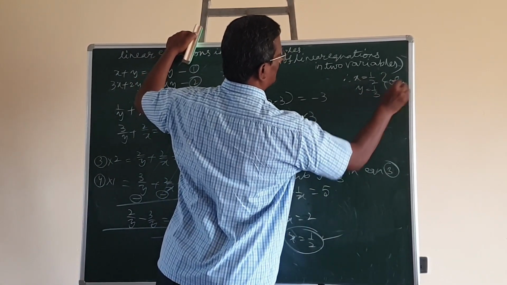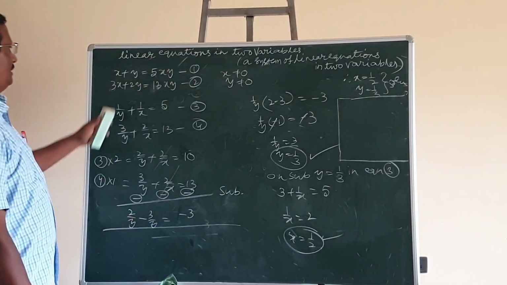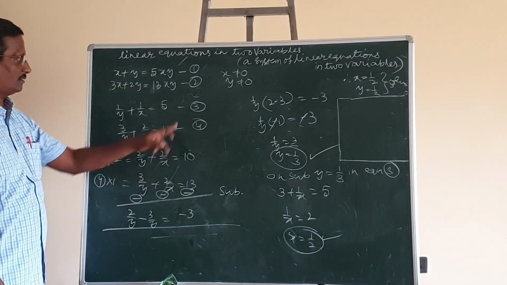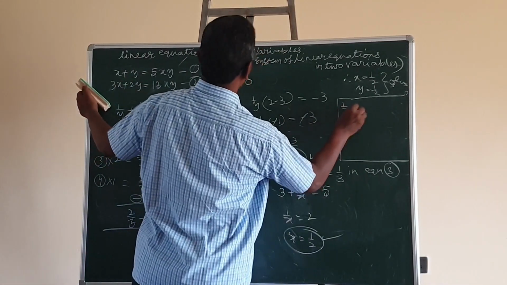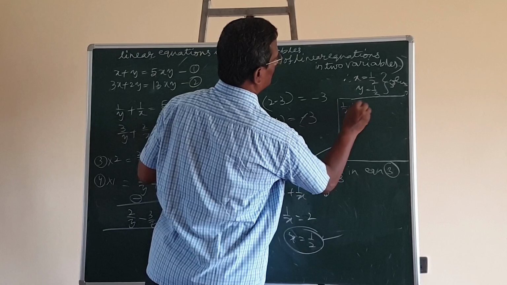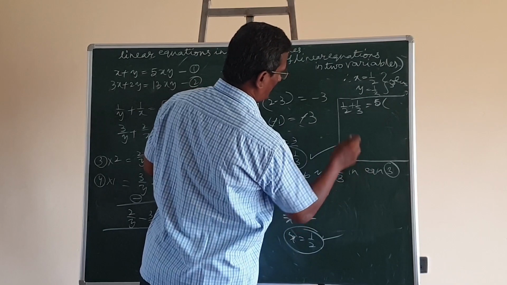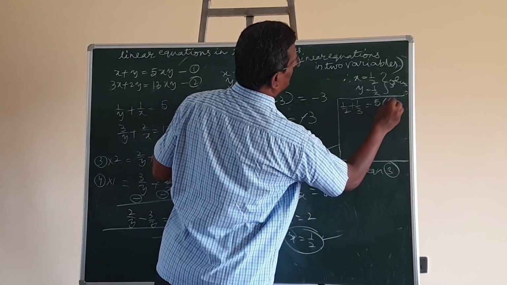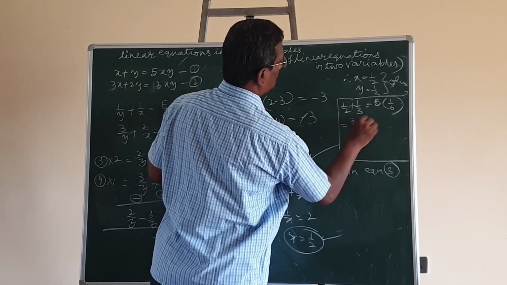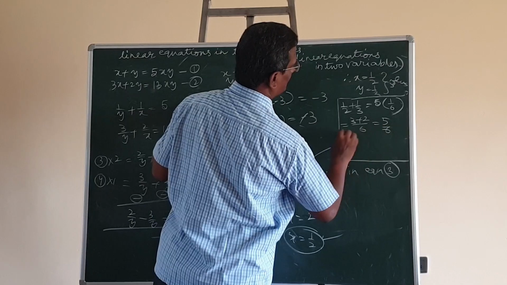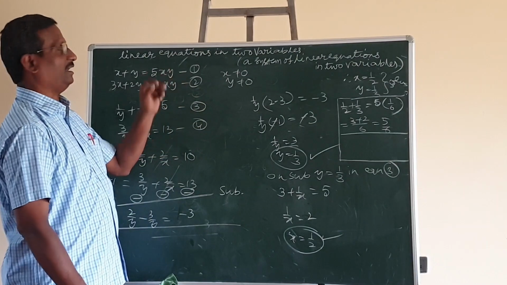This is the solution. Now we can check for our confirmation. Let us prefer the given equations, not 3 and 4. x value 1 by 2, y value 1 by 3. This is equal to 5 into xy, 1 by x into 1 by y. This is 1 by 2 into 1 by 3, 1 by 6. On adding, 3 plus 2 upon 6, this is 5 upon 6. So it is correct. LHS and RHS are equal. So the solution is satisfied in equation 1.